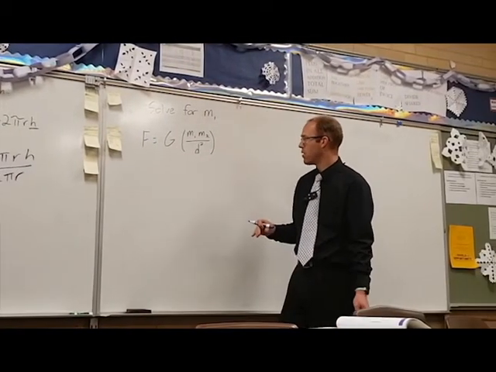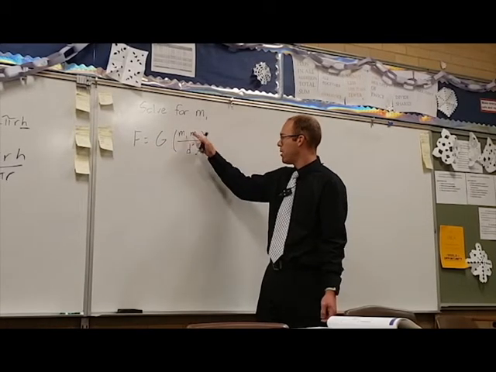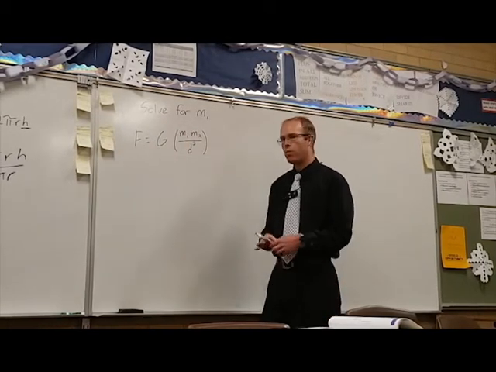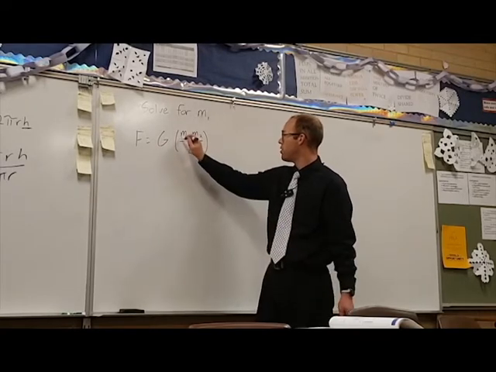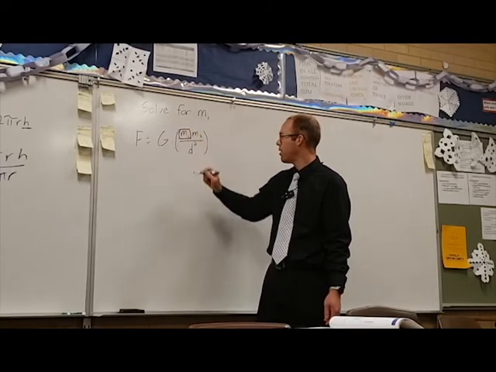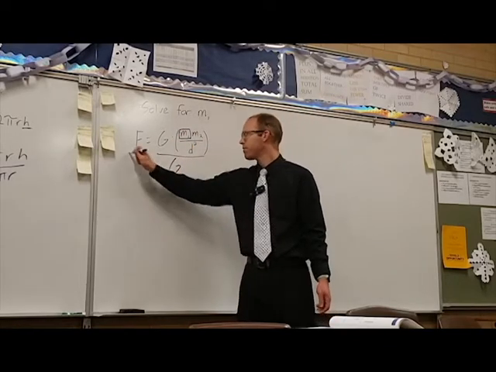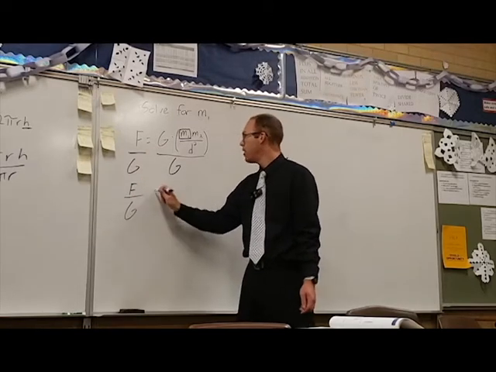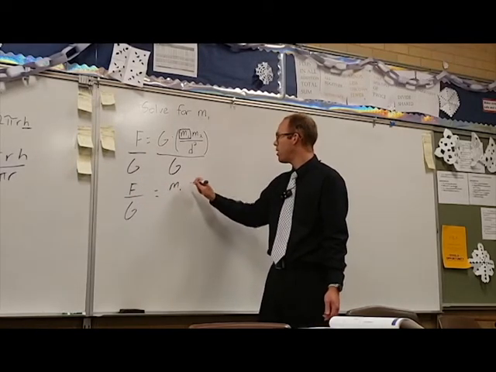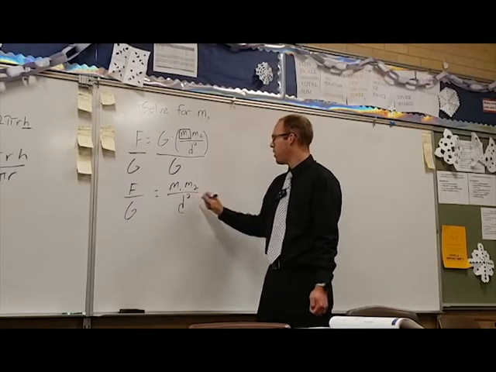This is the physics formula for the force of gravity. You'll notice that all of these are multiplication and division, so it kind of doesn't matter where we start on this one. I'm going to start by eliminating this g. I need to solve for this m1 right there. G is being multiplied, so I'm going to eliminate it through division. So we get f divided by g